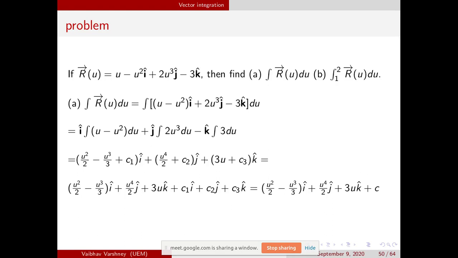Sir, instead of writing C1, C2, C3 again and again, can we just write only C? Yes, see, in the last expression I have converted it to C. You can write directly C. This is just for explaining that we initially get three constants, but then we convert them into one. You can write only C, no issue. I think again I have made one mistake. There should be minus in the third term. I have put plus.